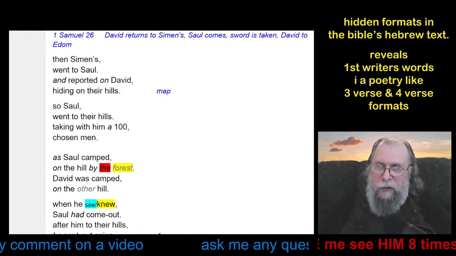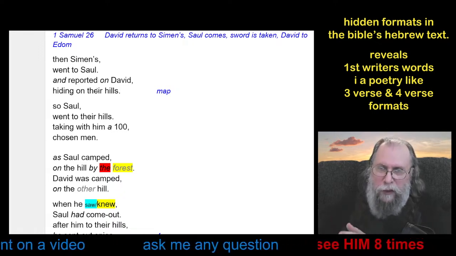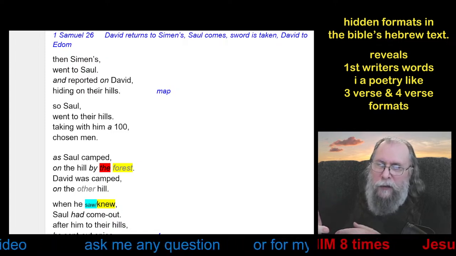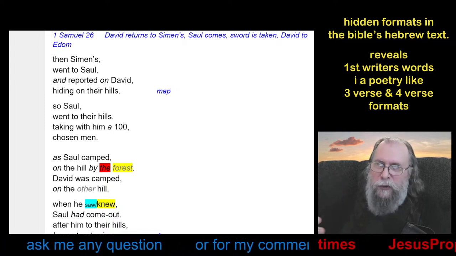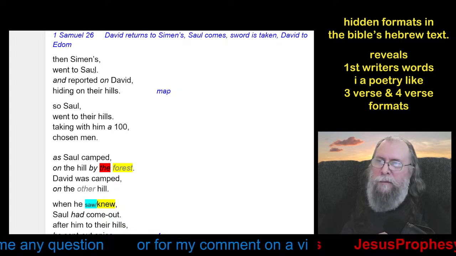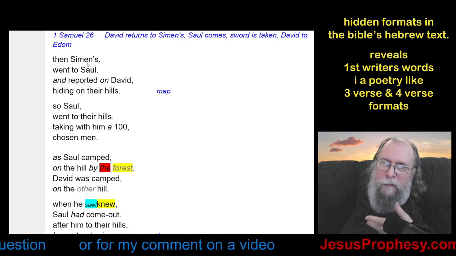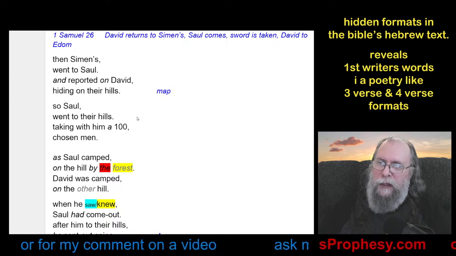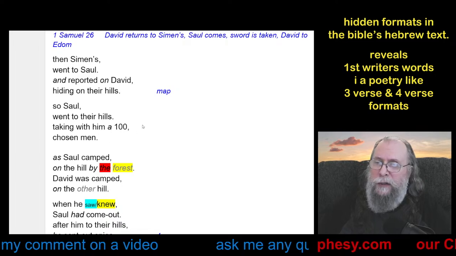The original text would have shown that, and I don't know when that started, but they developed a 3-verse and a 4-verse, and it would change as the subject would change. This you can see is a comma and a period to make a sentence, and then another one, and this becomes a small paragraph. Then I got another small paragraph, and then you can see how they're connected together, and that's why they're going to have a space between them because it starts all over.